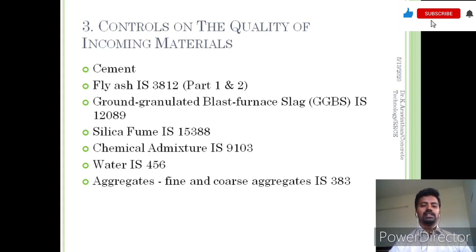And buying the chemicals, chemical admixture is also like a medicine. For a particular chemical, a number of chemical industries will supply it. So you have to check the chemical admixtures and the ingredients against the norms as per IS 9103. Water, the groundwater if you are using it at that site, should comply with IS 456. Aggregates, that is fine and coarse aggregate, should abide by IS 383.